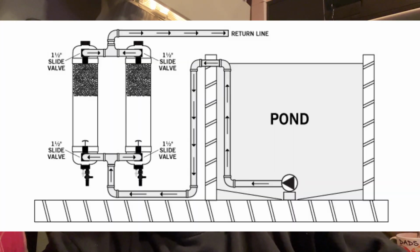And then on this here, it shows you how you can set it up as a modular, or you're setting them up in series, like you do with your car batteries and stuff like that. So it comes out of the pond, pump fed out of the pond into the filters. You've got a splitter, one going into one Tempest, one going into the other Tempest, up through the Tempest, out into a T-piece again, and a single return back to the pond. So that is a way of increasing your flow,